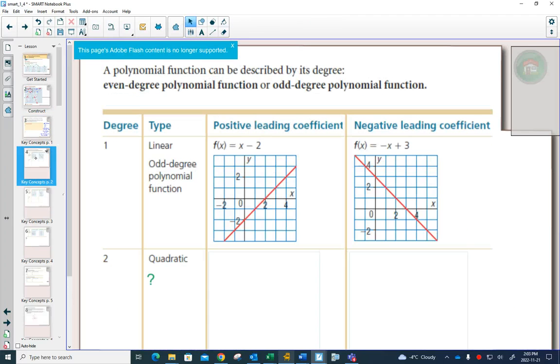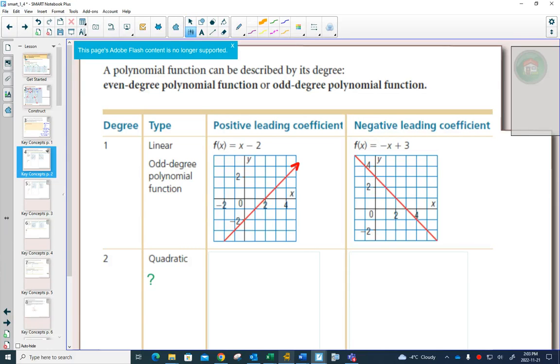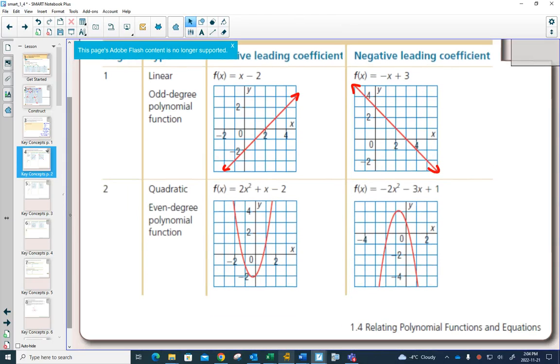We have to recognize if things are odd or even. And in the chart at the bottom, then obviously we know how to graph lines. Positive slope, with the arrowheads on, goes like this. Negative slope goes like that. We know how to graph parabolas. If the a value is positive, it opens up. If the a value is negative, it opens down. But after that, when we get to the new ones, x cubed, x to the 4, x to the 5,